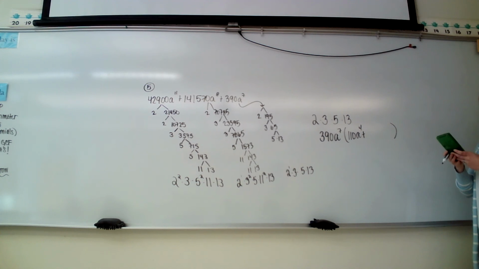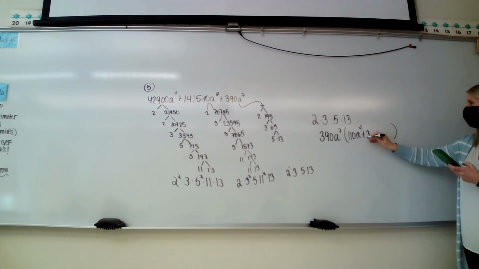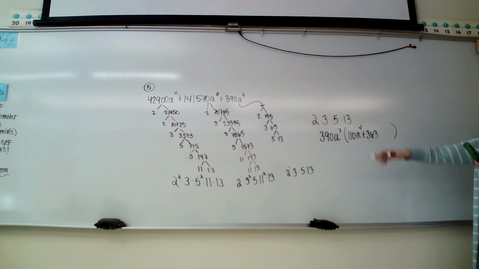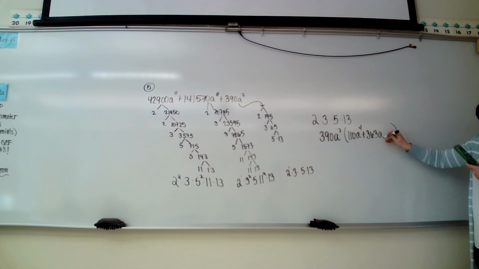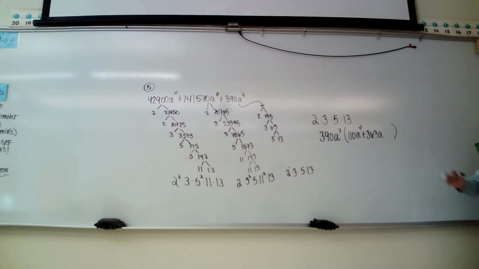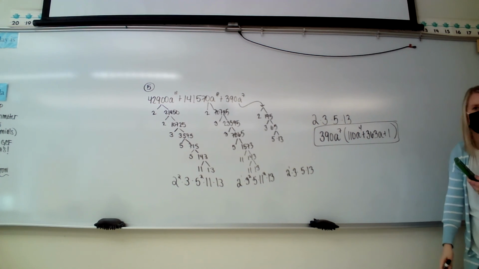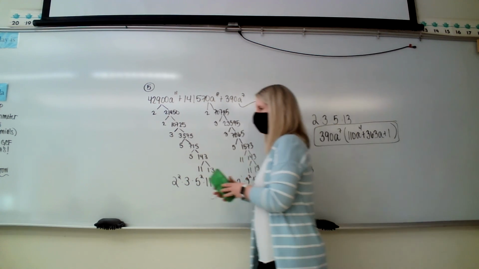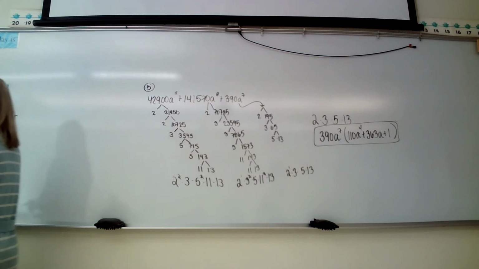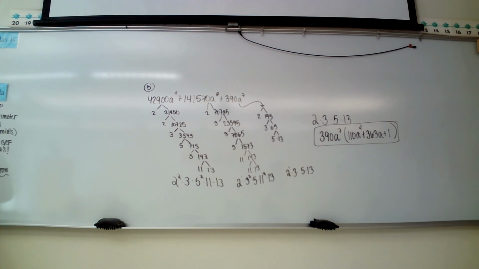All right, second term, 141,570 divided by 390 is 363. If I have a to the 8th but take 7 out, that's just a. And 390 divided by 390 is just 1. And a to the 7th would cancel out. All that work for that beautiful answer. Holy moly. All right, well, that was kind of